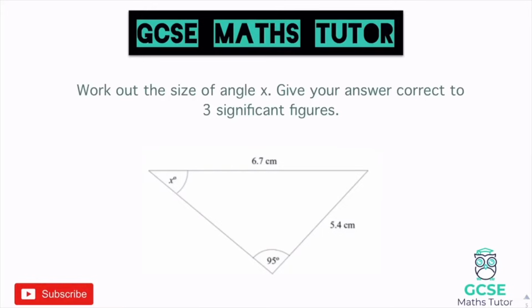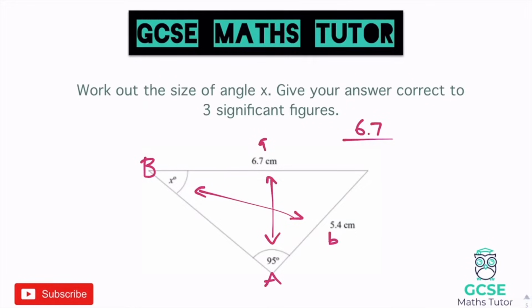Okay, so this question says, work out the size of angle x, give your answer correct to 3 significant figures. Now again, just thinking about the question, I know we're finding an angle this time, but we have got this pair of opposites here, and also we've got a pair of opposites over here. So if I just label this up just like before, we've got A and big A, and B and big B. Okay, but if I was to plug these into my sine rule formula like we did before, we'd have